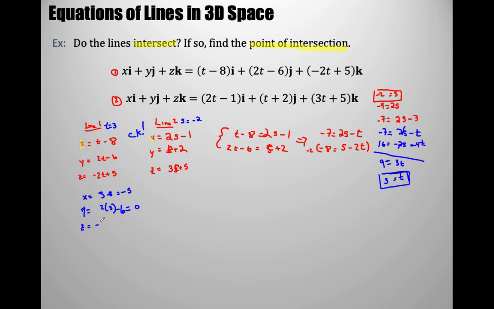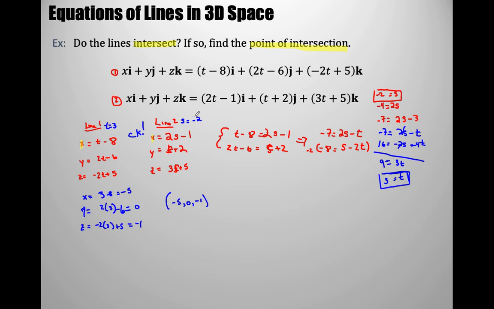Z is equal to -2 times 3 plus 5, which is -1. So my candidate for point of intersection is -5, 0, -1, but I have to check to make sure that